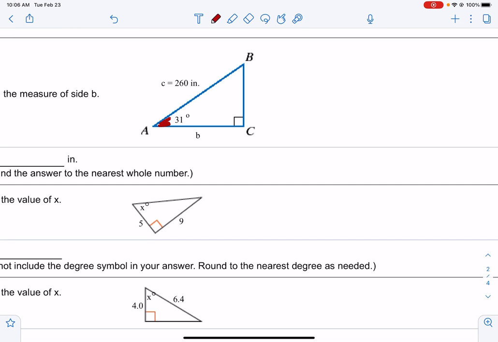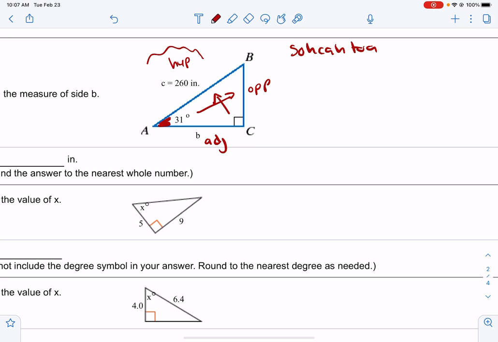So I know I'm going to use sine, cosine, or tangent, but I need to label my triangle first to figure out which one to use. Across from the 90, there's my hypotenuse. Across from my angle is the opposite side, which makes this bottom one the adjacent. So when I think about SOH CAH TOA,